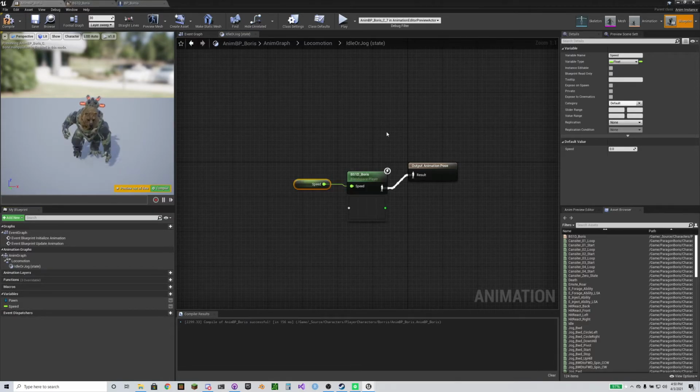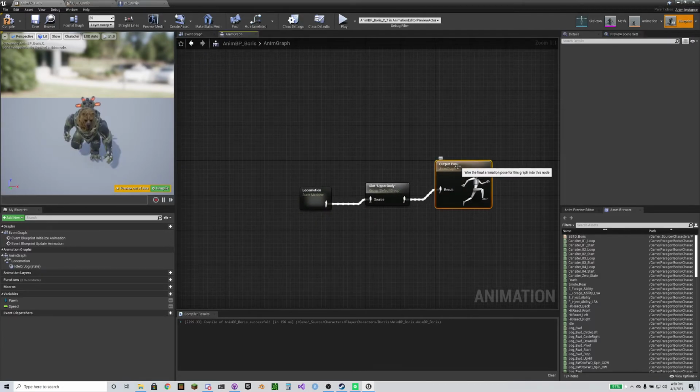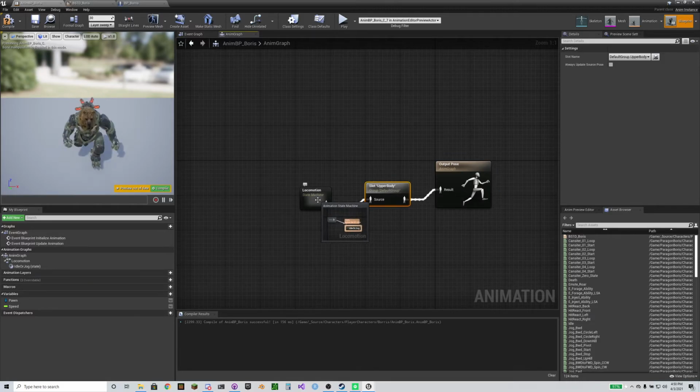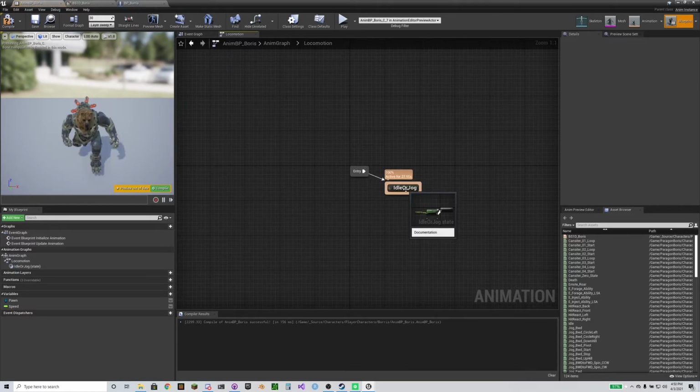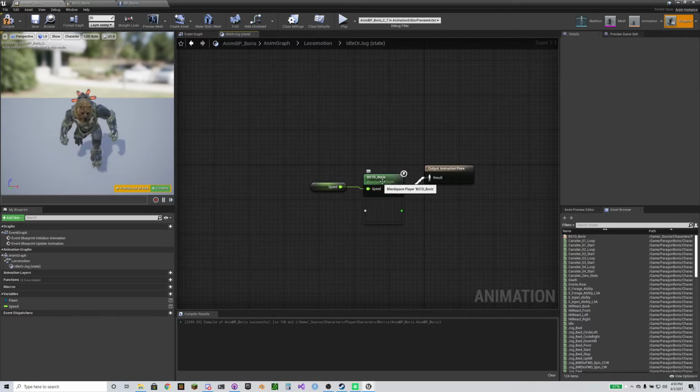So basically, we'll go back to the top. The output pose is asking for a slot. We gave it a slot. The slot is asking for an output pose. The output pose comes from this state machine. The state machine only has one state. It's idle or jog. The idle or jog comes from a blend space that interpolates from 0 to 600 based